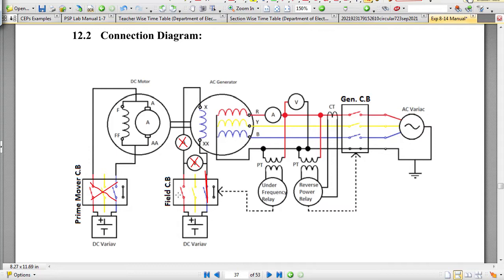Next, students will not connect this voltmeter in the circuit as well. These are the changes required in this circuit diagram. So mention these changes in your manual before coming into the lab. Next, don't try to implement this circuit at once. It is too complex a circuit to be implemented by the student.